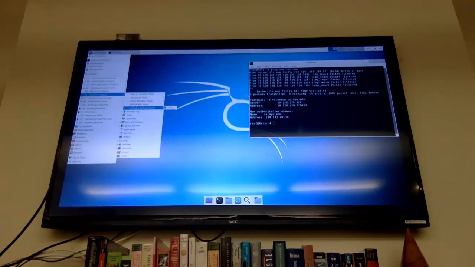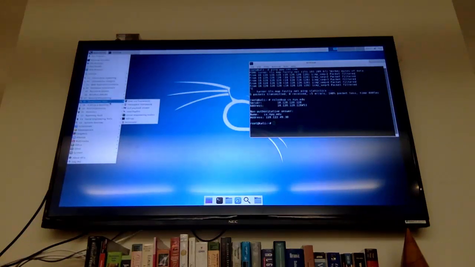Then we have here aircrack-ng, and exploitation tools. Here we have Metasploit framework and Metasploit framework payload creator and many others. SQLmap, sniffing and spoofing tools, so many others available here. This is the full version of Kali Linux, which is not